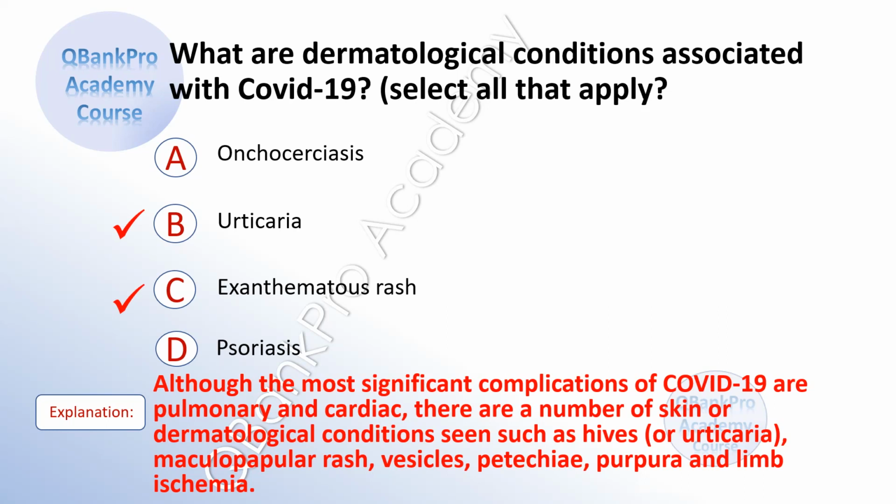Explanation. Although the most significant complications of COVID-19 are pulmonary and cardiac, there are a number of skin conditions or dermatologic conditions seen such as hives, urticaria, maculopapular rash, vesicles, petechiae,